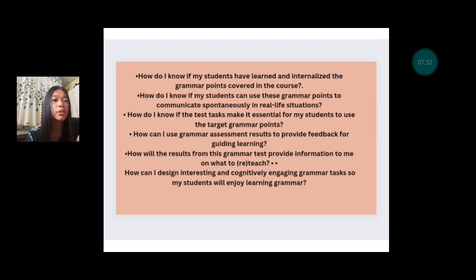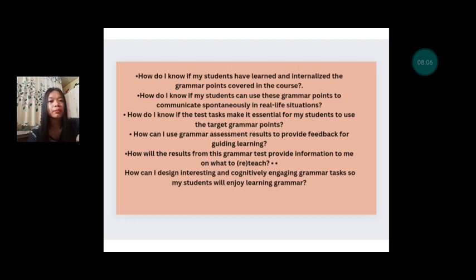The second one is, how do I know if my students can use these grammar points to communicate spontaneously in real-life situations? Of course, we need to use some assessment where we can track how our students use the grammar in real life, by giving a